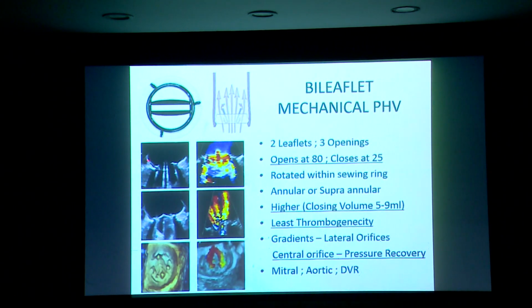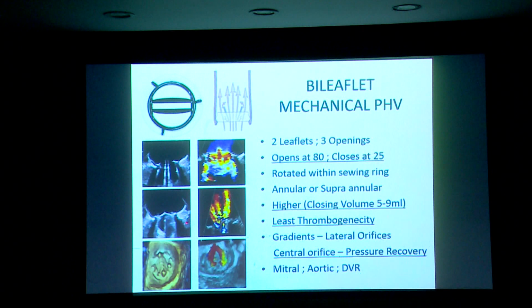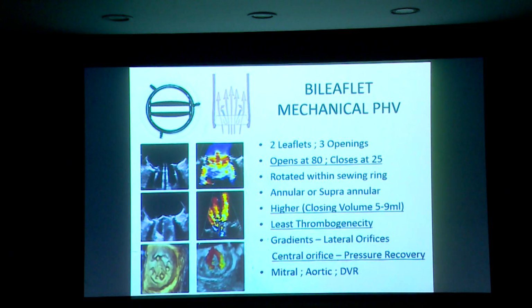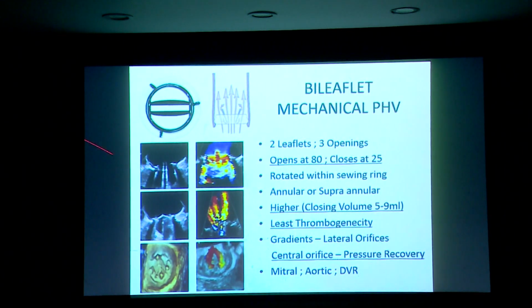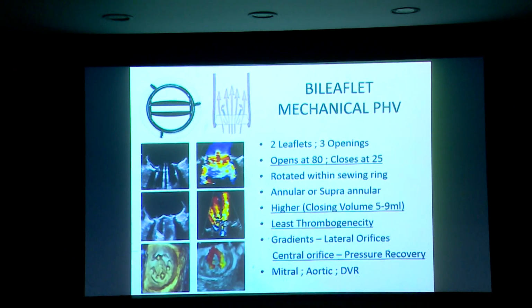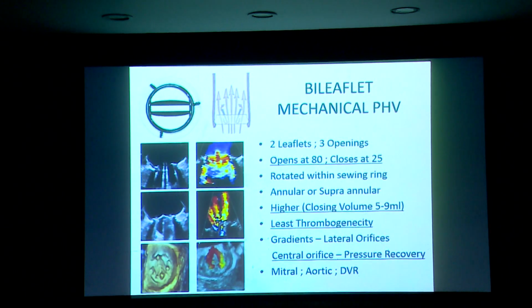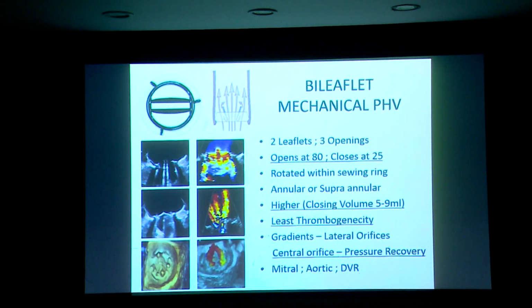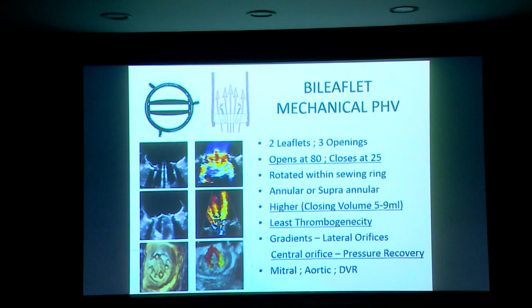You can see the valve opening here, the transmitral flow, and the valve closed; these are the washing jets. They have one central and many peripheral jets, depending on what angle you're looking at the valve. Lower down is the 3D image of the washing jets and the valve closure. So this valve has a least homogeneity, a larger closing volume here and more regurgitation.